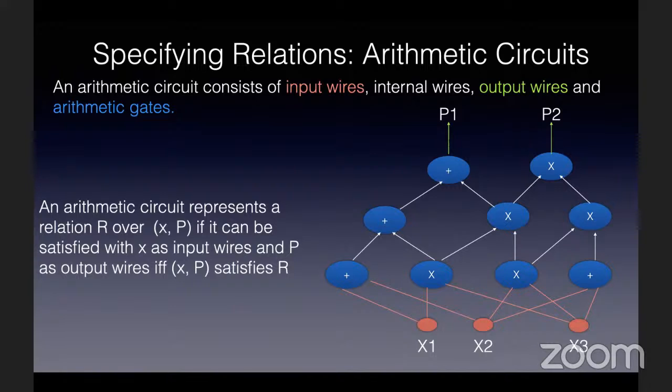Now you have to design the circuit in a way that it can be satisfied only if the data x3 is the result of applying model x1 on data x2, right? So in general, this is the way we have to describe a computation to be able to verify it in zero knowledge. We'll look at some examples of how we can enforce these constraints.